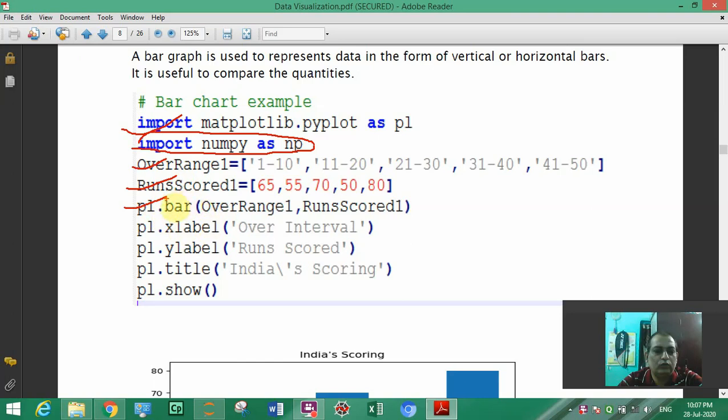We were using plot for line graph, here we will use plt.bar, and it will have two things, x axis and y axis. X axis will be constant, y axis will be varying. So we will make one simple bar graph which will show the student marks in five subjects in the form of bars. So let us move to our programming part.